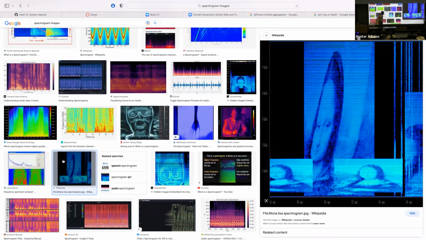A spectrogram, as many of you are aware, is essentially a 2D FFT. It's the time history of the frequency content of some sound, or any signal really, but we'll say sound, so that each vertical slice here represents an FFT taken at a particular time. Instead of representing the amplitude by the height of the FFT, we colorize based on the intensity, the power at that frequency.